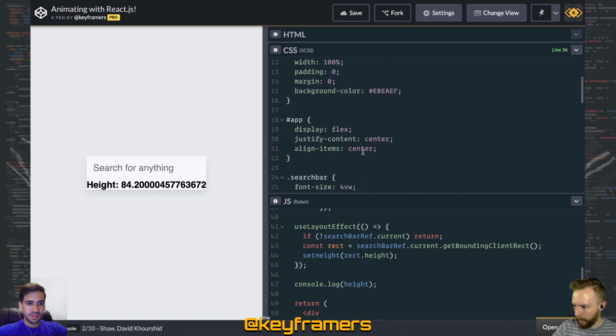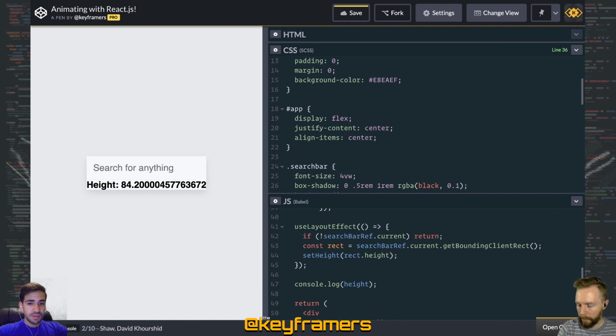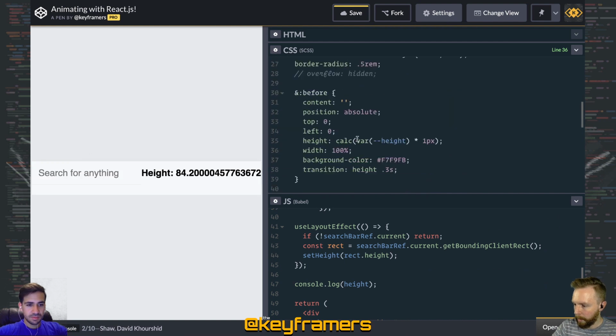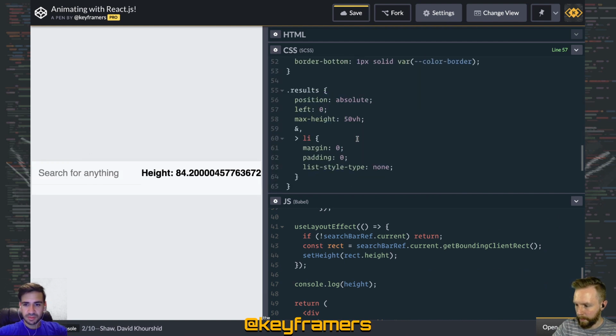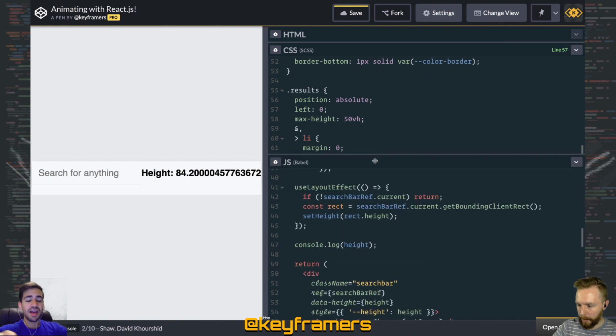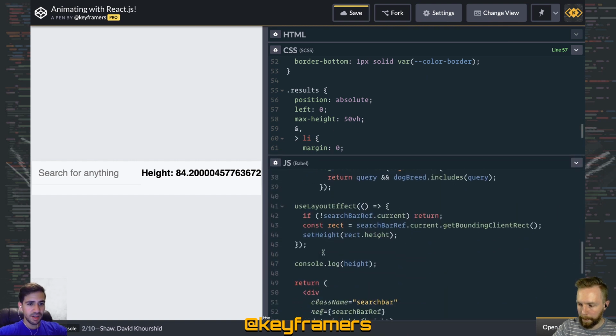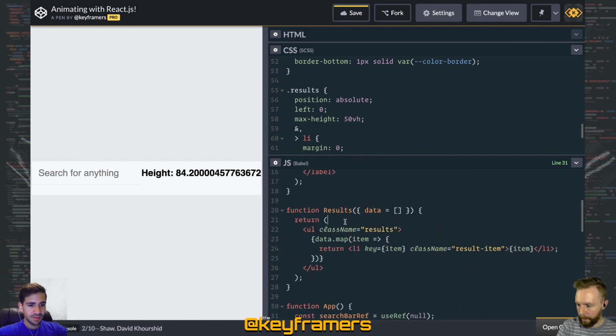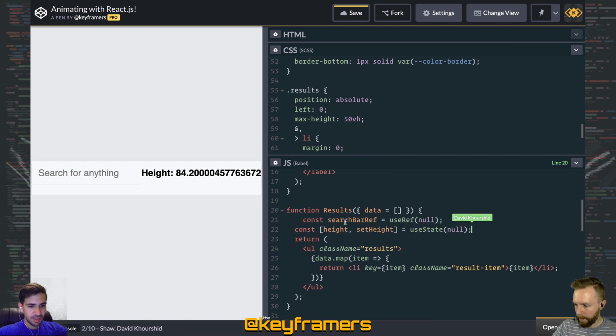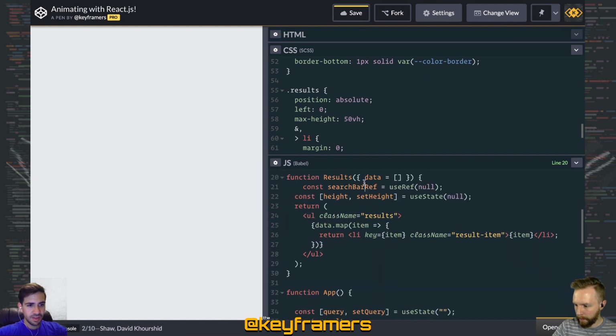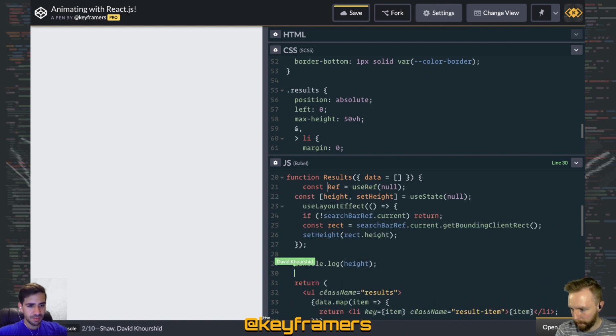So how are you centering? Okay, you're doing it in app. So I guess one way we could fix that is the results should be in absolute position, right? Yeah, that's sensible. Let's do 0, top 100%. Though that's not going to change our height there. Oh, okay, so it's the results that need to keep track of their height. Yeah, so we could just move this ref thing and everything up into the results. A little bit of surgery, shouldn't be that big of a deal. Gonna move all this up here. Need to probably rename some stuff too, but